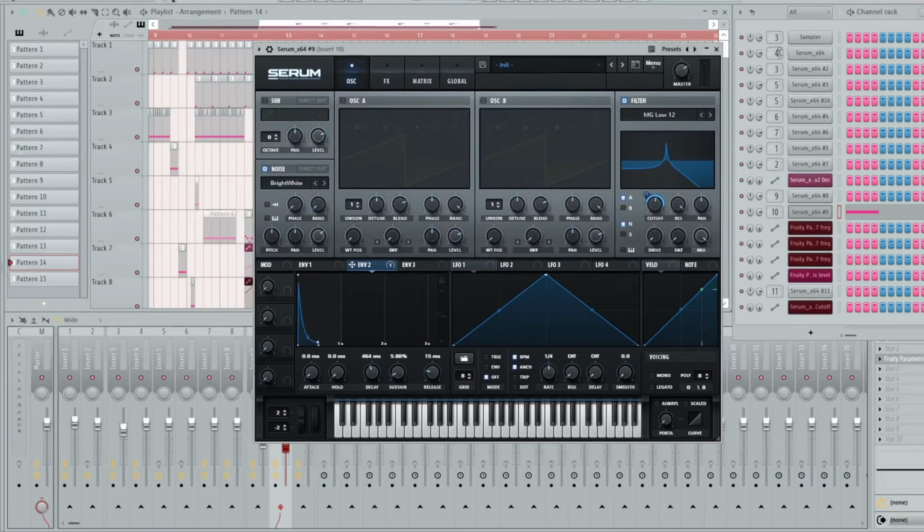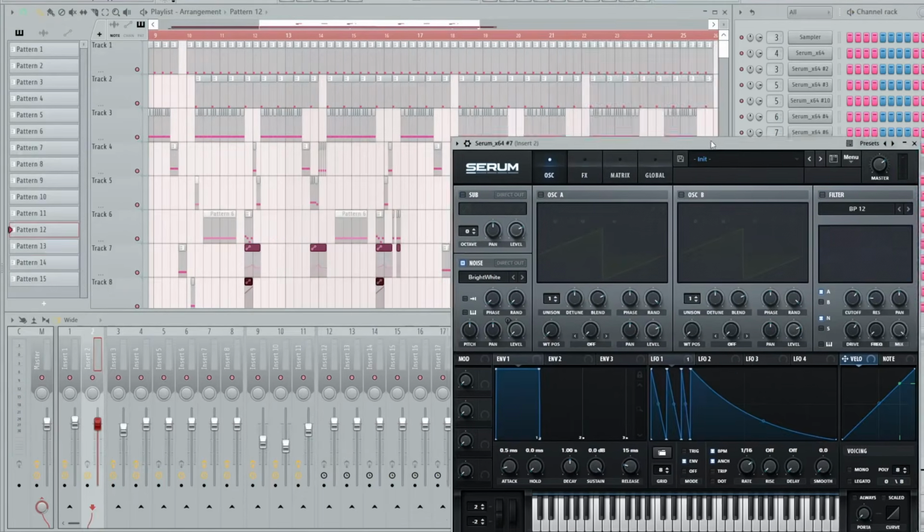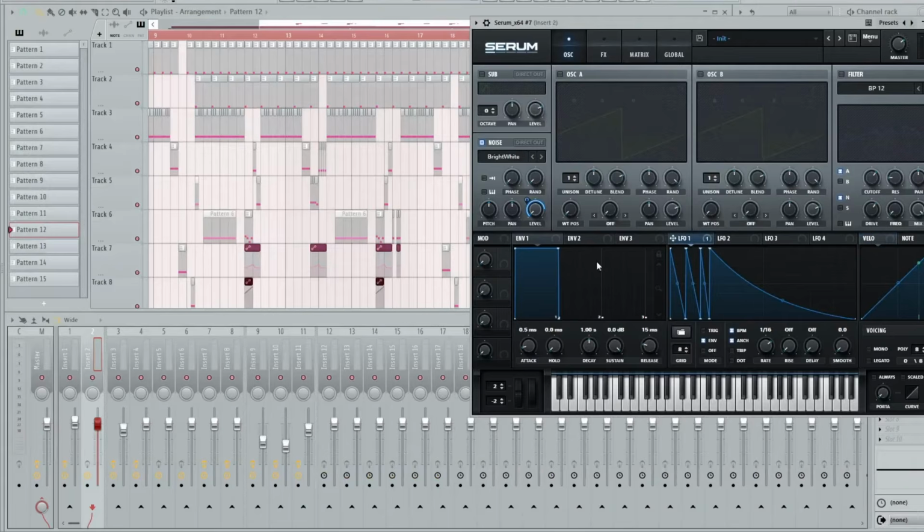I use the same kind of patch to get this percussive sound. It's kind of like a zap, except the cutoff has a bigger range, and it's got some distortion there too. And yeah. All right, so moving on to the clap,